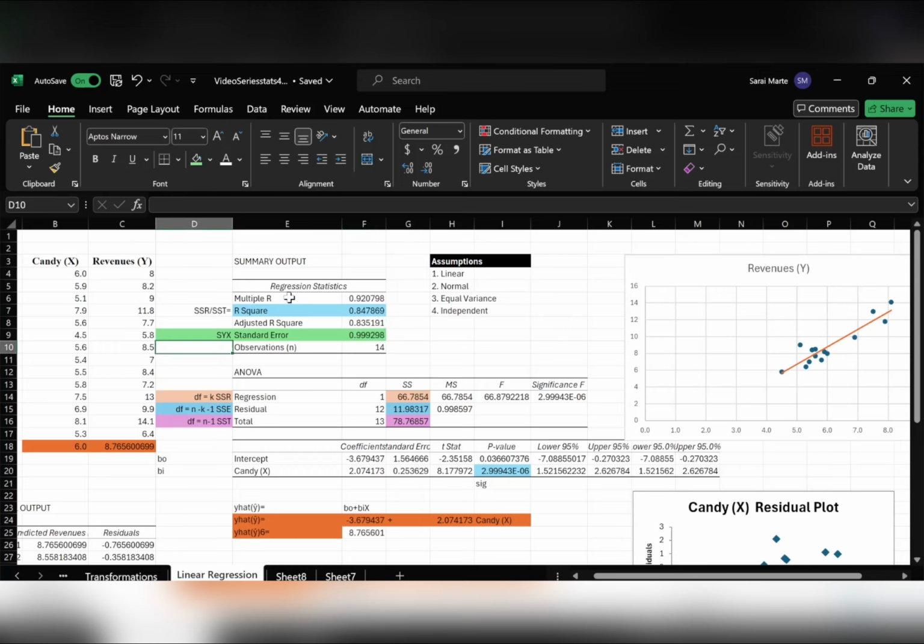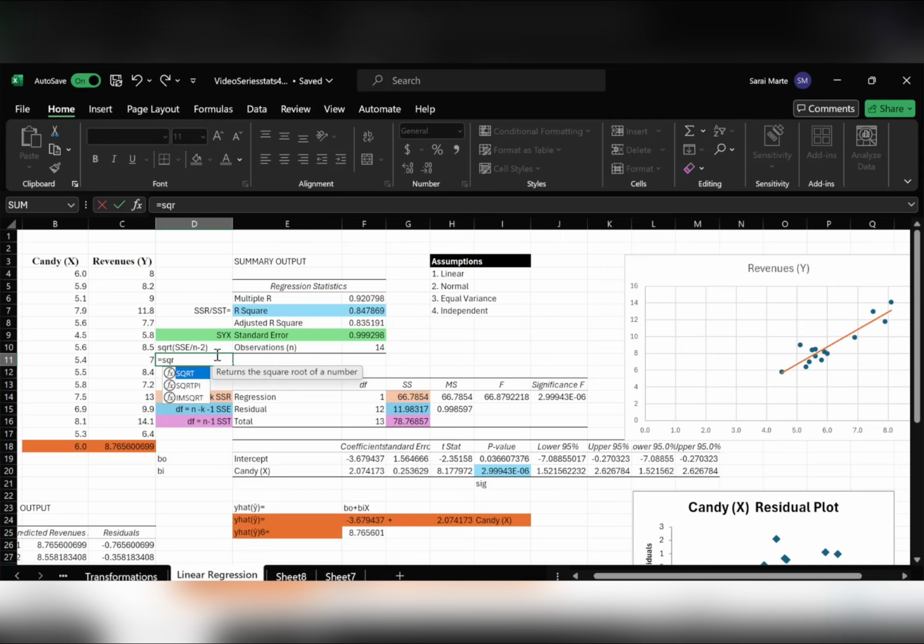And sometimes they'll give you a summary output and they'll blank out some of the things, and you're going to have to find what it is given other stuff. And the formula for SYX, if they don't give it to you, you can calculate it yourself. It is equal to the square root of SSE divided by n minus 2. So if you take the square root of SSE, which is this, and divide that by n, which is this, minus 2, we will get